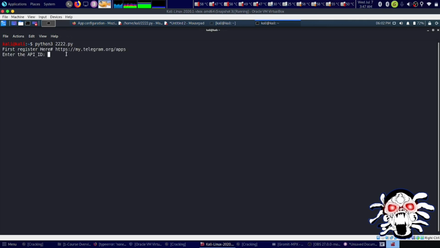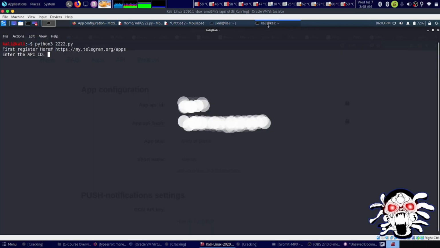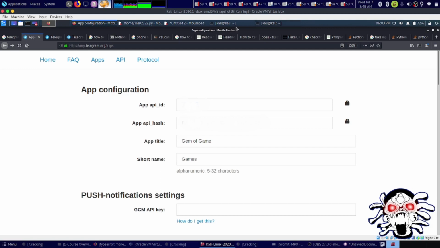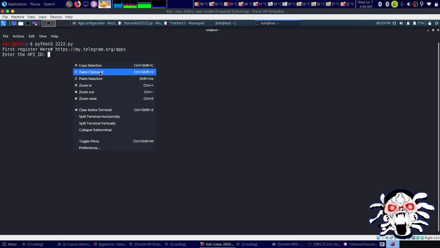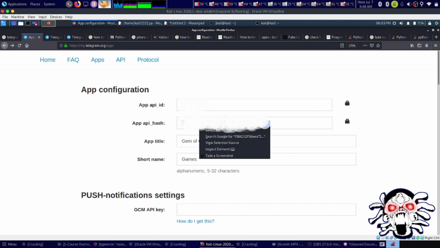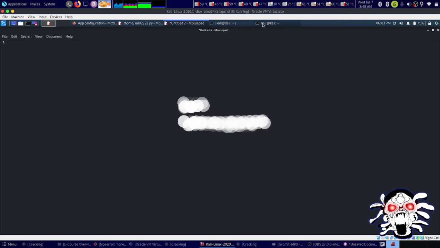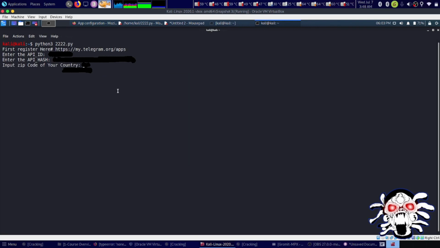It looks like this. It tells you to register at this site, and because you will get an app API ID, what you want to do is, let me just paste it over here. Let's do enter, and here is my API hash. Let's paste it over here. Let's do enter, and